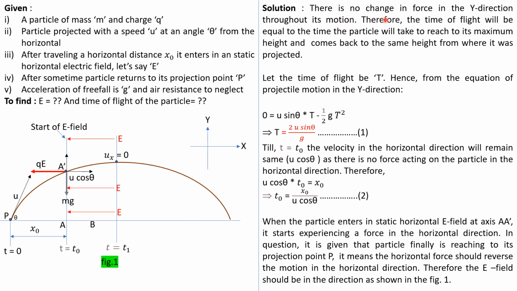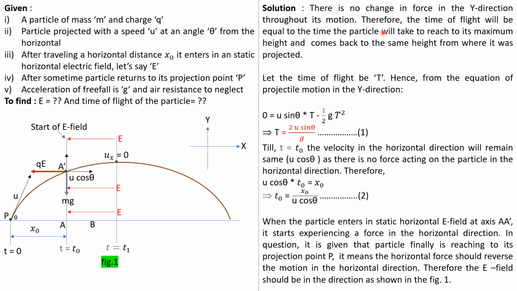There is no change in force in the y direction throughout its motion, because in the question it is given that the E field is in the horizontal direction. We have taken y and x as y on this side and x on this side. Since there is no change in force in the y direction throughout its motion, and it is only the gravitational pull which is acting on the particle,